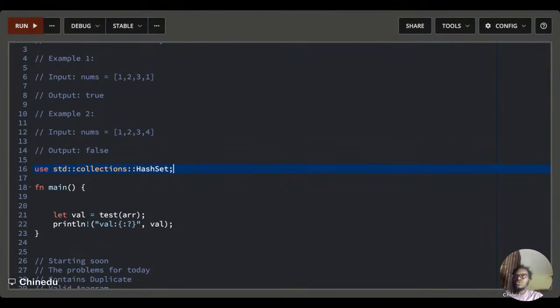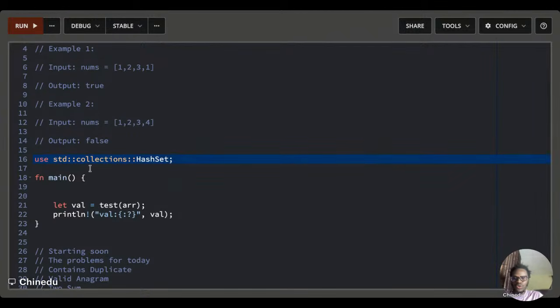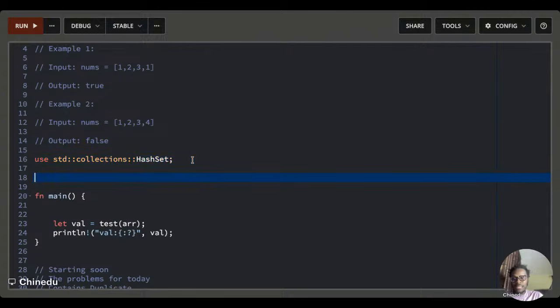So the next thing we are going to do now is to go ahead and first of all, we'll create a function. This is how I like to do mine. So I'll say function, I'll call it contains